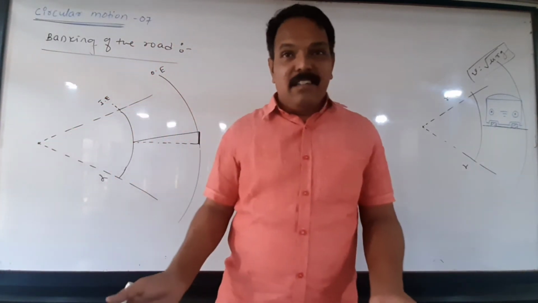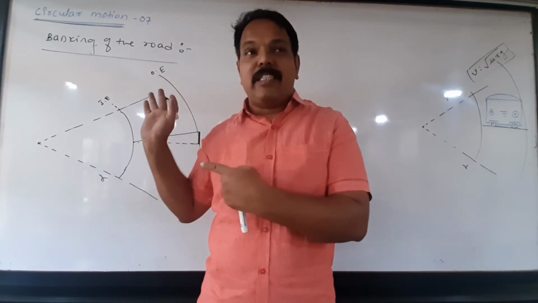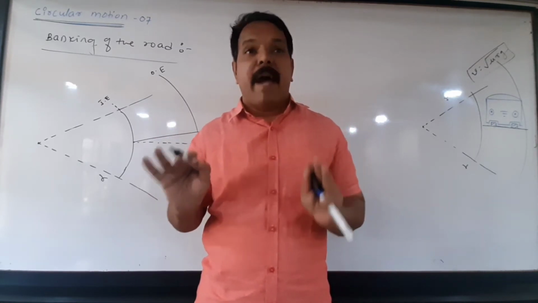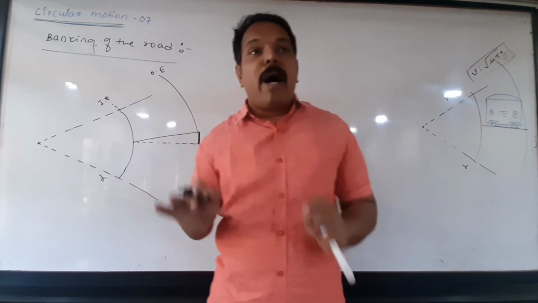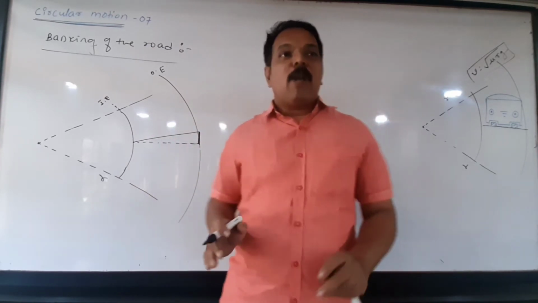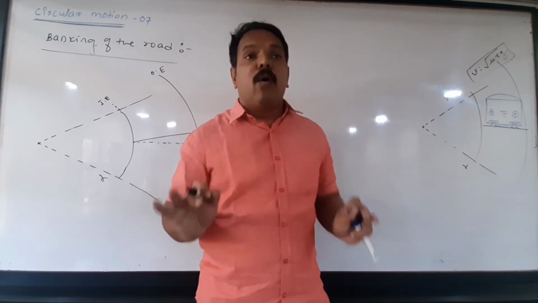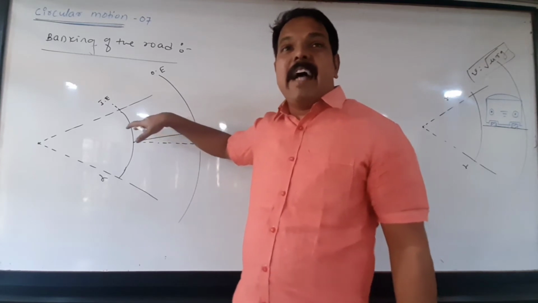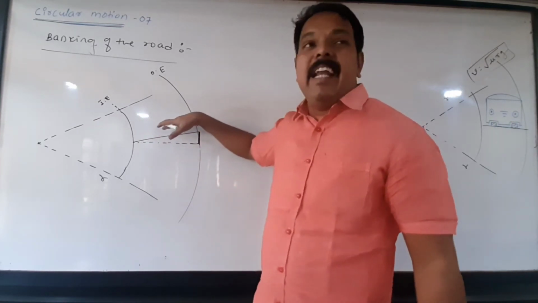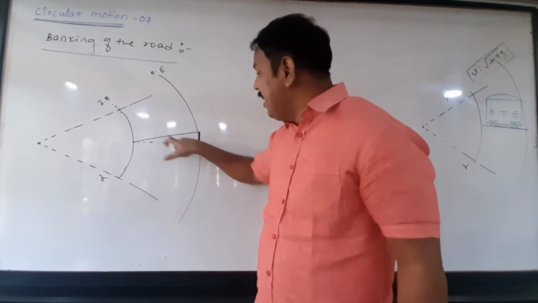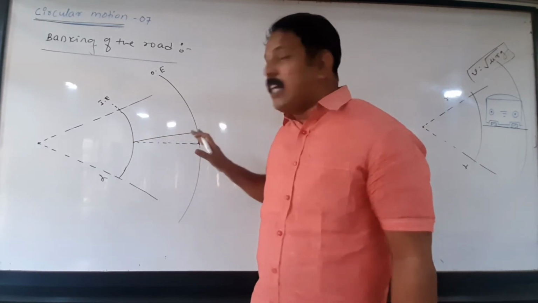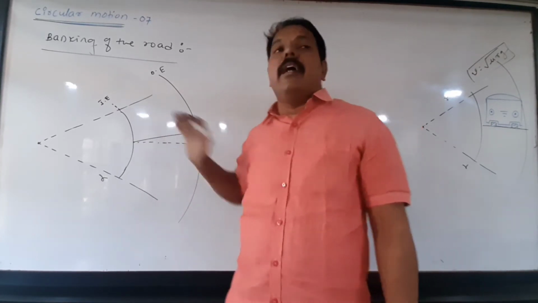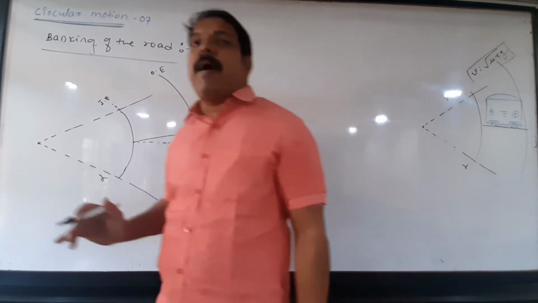When the road is banked, what happens? That we have to see later. How the accidents are avoided, that we have to see. But here just remember the term: what is meant by banking. In order to avoid the skidding of vehicles, or for the safety of vehicles passing over a curved road, road surfaces are made banked. Road surfaces are kept inclined to the horizontal. This is the horizontal level and this is the road surface. Road surfaces are kept inclined to the horizontal by lifting the outer edge above the inner edge, and that construction of road is called banking of road.